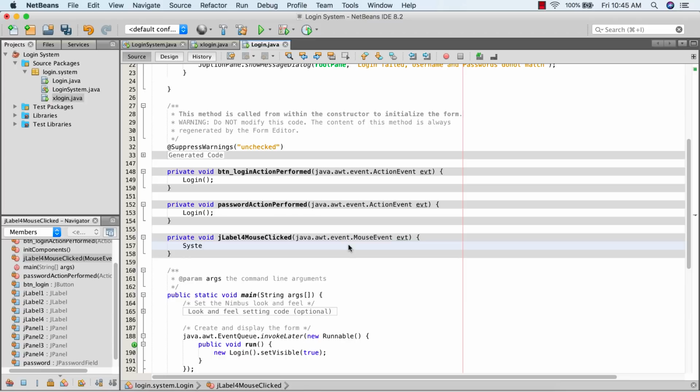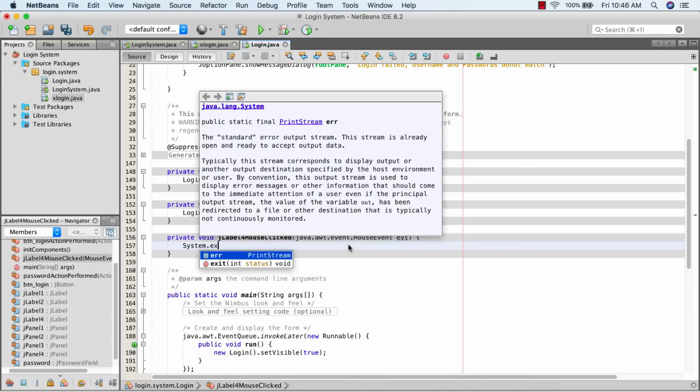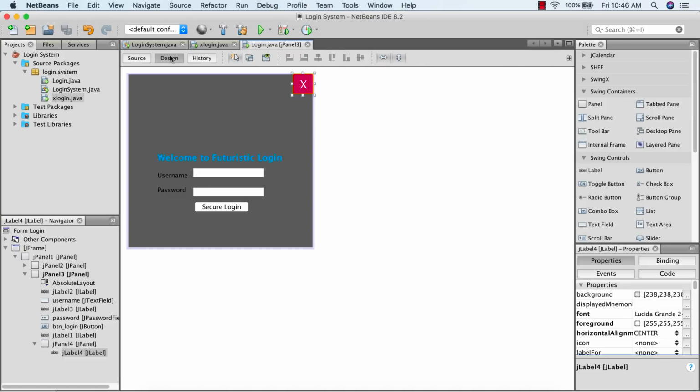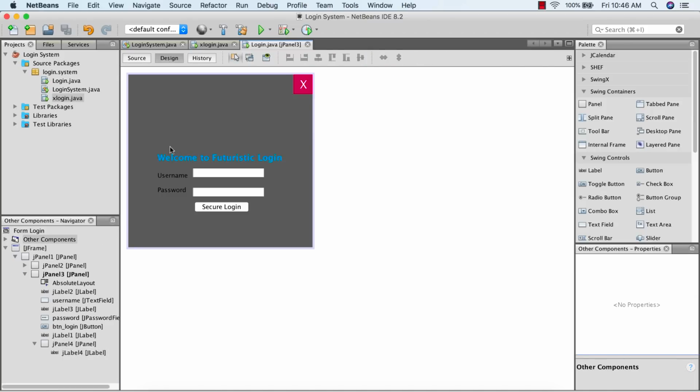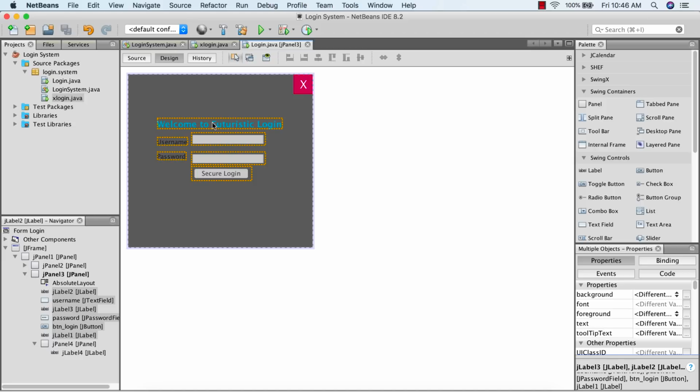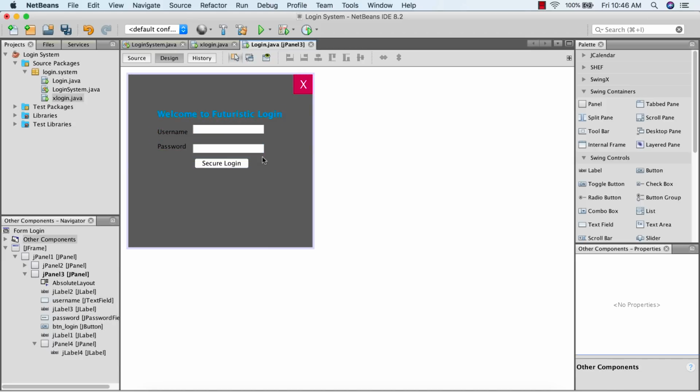I know that System.exit is not the best option to close a frame, but it'll do the job. The idea here in this video is to demonstrate the possibilities of customizing the GUI components of Swing. And now that we have almost completed the